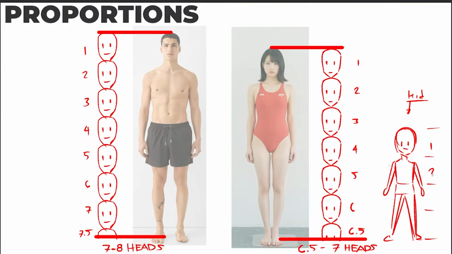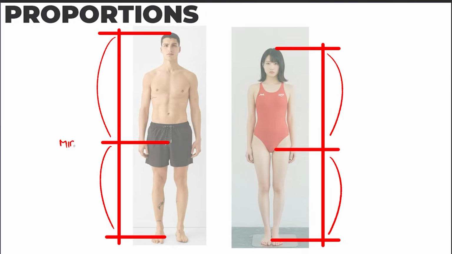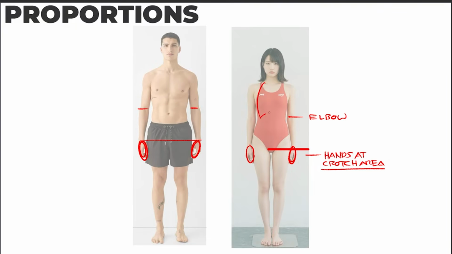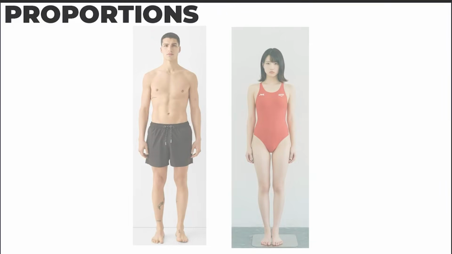good starting point. The bottom of the crotch is the halfway point of the whole body, and the hands line up with this perfectly, while the elbow lines up with the bottom of the ribs right here. The knees are at the halfway point of the whole leg, making the lower leg a bit smaller than the upper leg. Also, men will tend to have wider shoulders than their hips, while the female will have wider